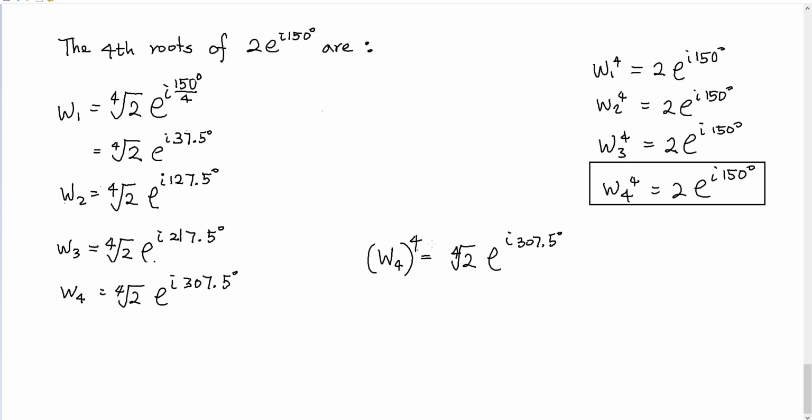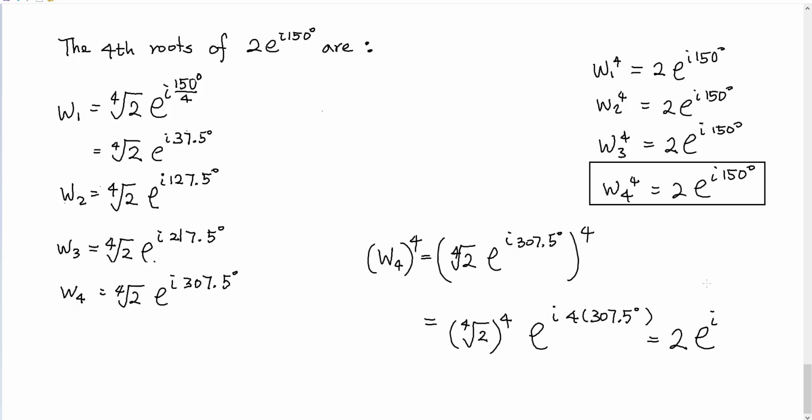If I do the exponent 4, by De Moivre's theorem, I need the fourth root of 2 to the power 4, which is equal to 2, e to the i, and you multiply 4 times 307.5 degrees. Of course, the fourth root of 2 to the 4 is just 2. 307.5 multiplied by 4 is 1230